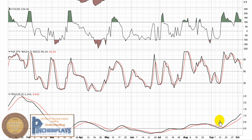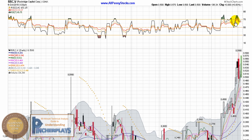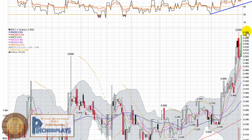We talk about the TRIX all the time for long-term indications. Nice uptrend, and much like the MACD, the takeoff, another nice uptrend. Holding over zero, holding in an upward manner, is a positive indication. RSI is coming back down, resetting now at this point, still holding over 50, which is what's important. So we're going to look for that to continue holding this area, possibly trying to continue this trend line through here, hold back up, and possibly another run over 70. Primarily what we'll look for on this,